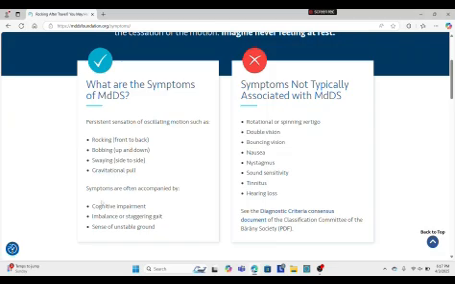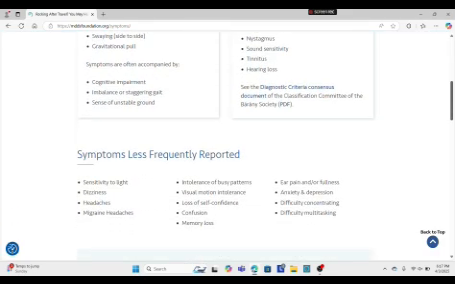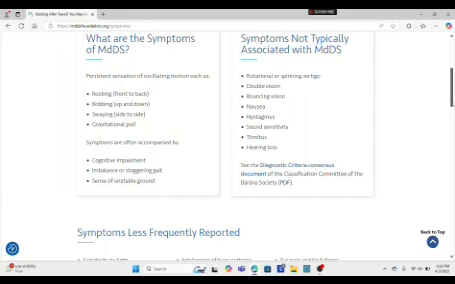When I first started, I definitely had cognitive impairment, imbalance, staggering gait. So I do have some of the other symptoms that are less frequently reported, but did not start until I wound up with MDDS. Those things are sensitivity to light, dizziness, migraine headaches, intolerance of busy patterns, confusion, ear pain, and then I also have something that's not even listed on here, which is numbness actually in my hands